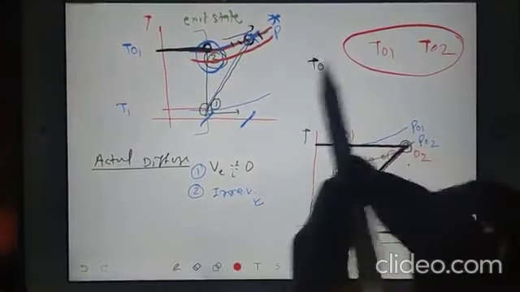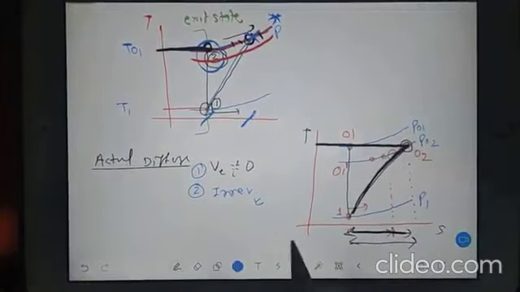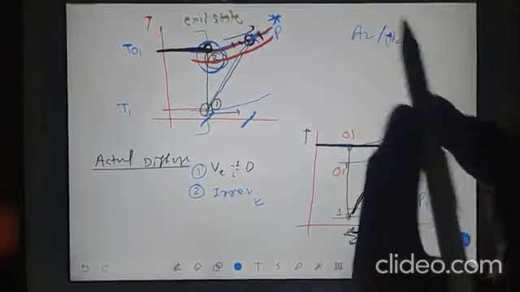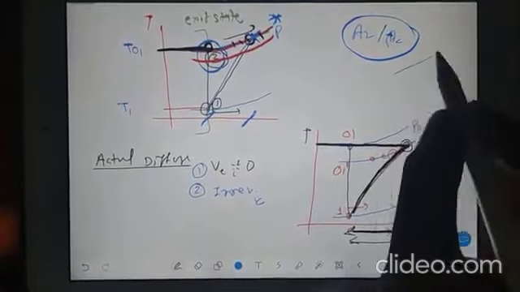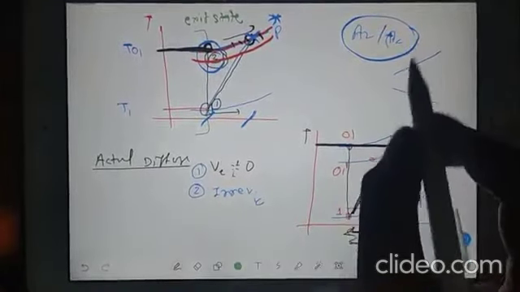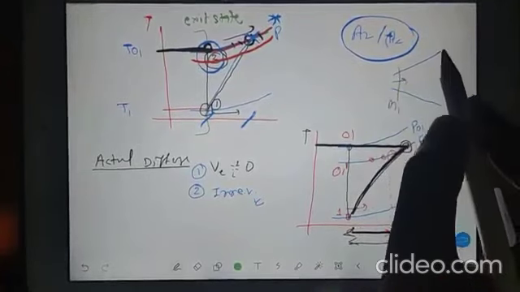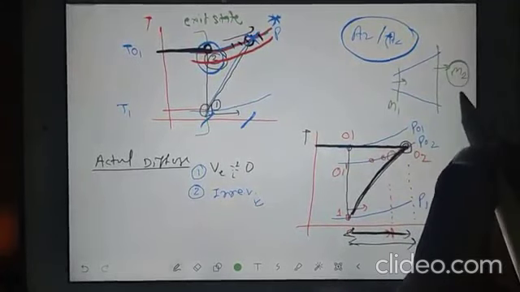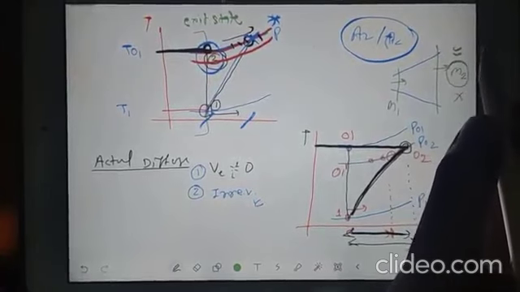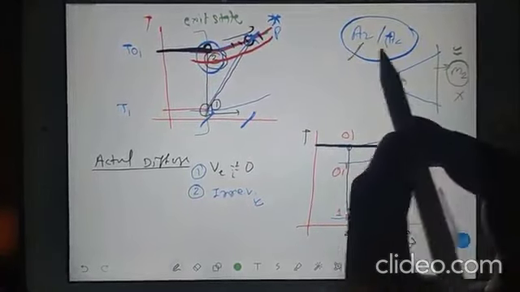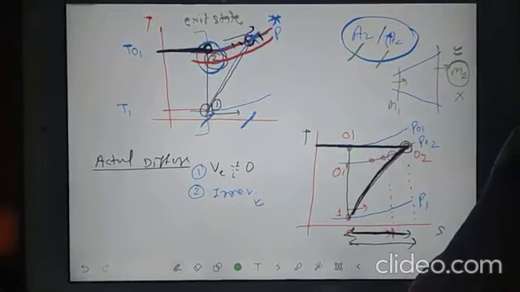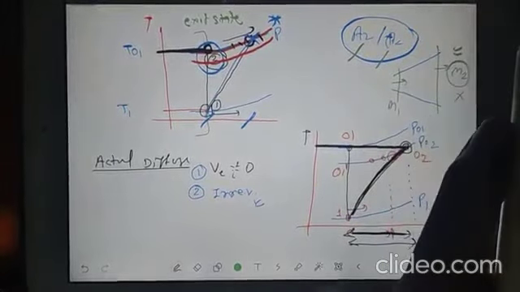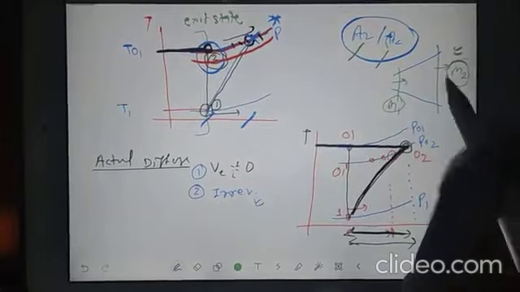Correct answer. Okay, now see guys, already we have done area Mach relation, correct? A2 by A1. Because we are dealing with diffuser, at the inlet you will be having some Mach number, at the exit you will be having some other Mach number. In case of actual diffuser, your velocity is not completely zero, so definitely you have some Mach number alive. So if they are giving area ratio, you can find out your Mach number ratio, or any three data is given, you can find out the fourth data, and any Mach number is given.